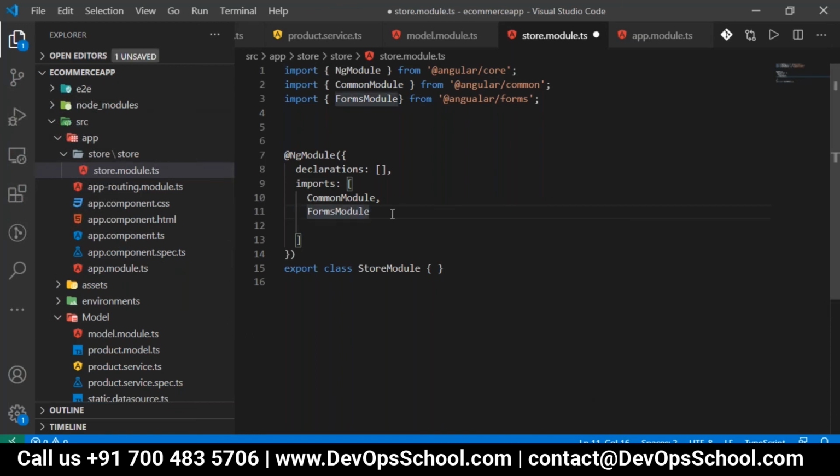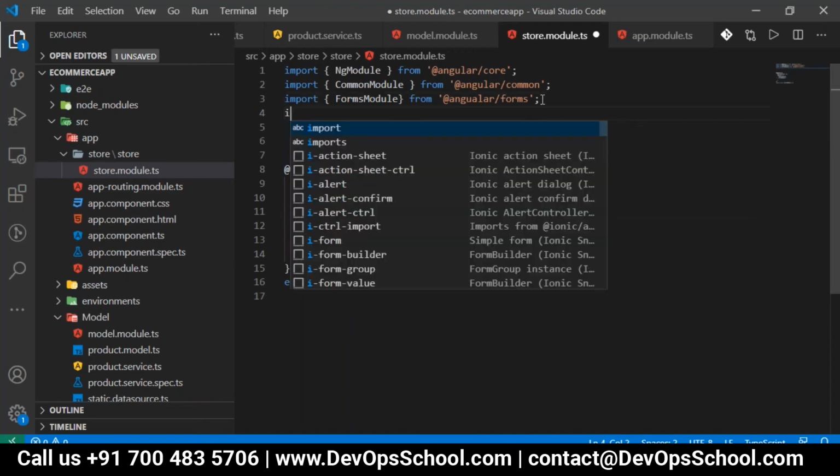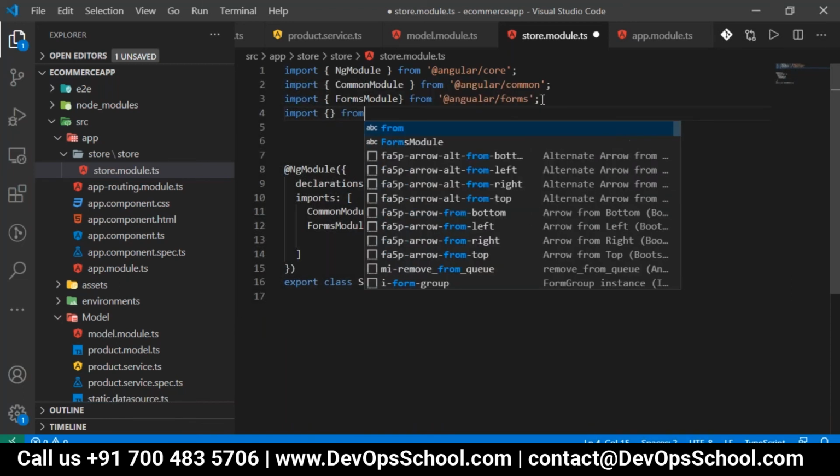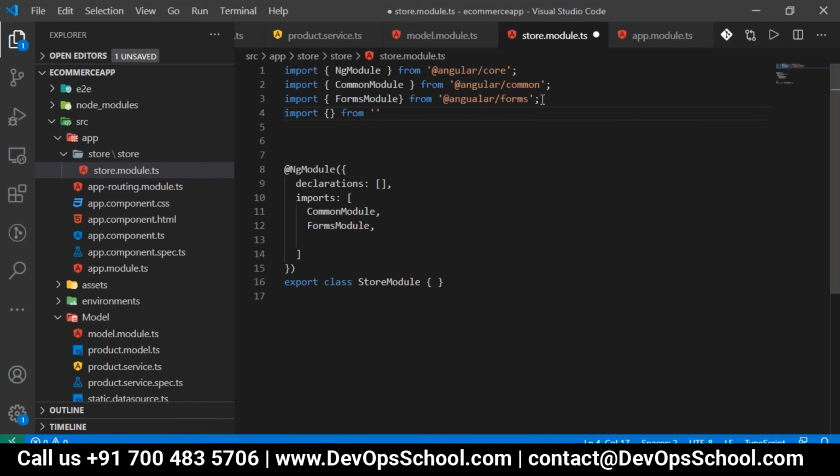So for that, I want the model module. Where is the model module available? It is in model.